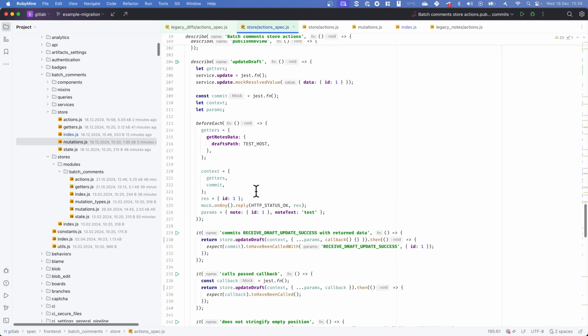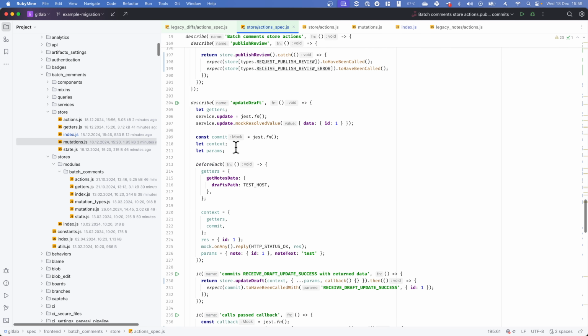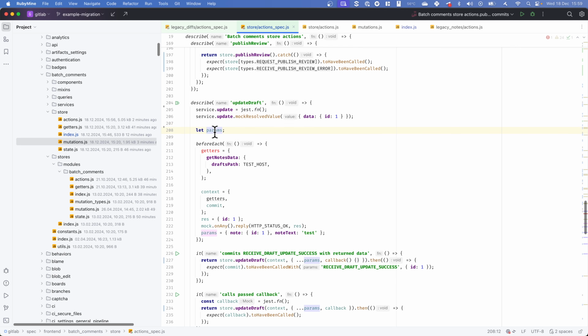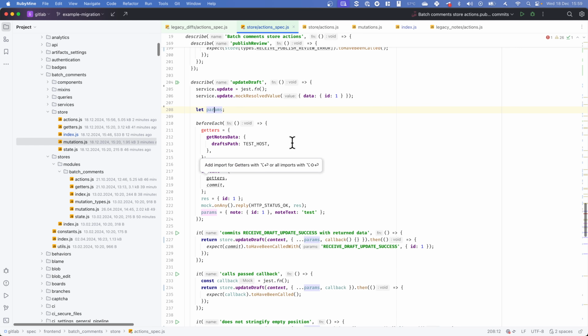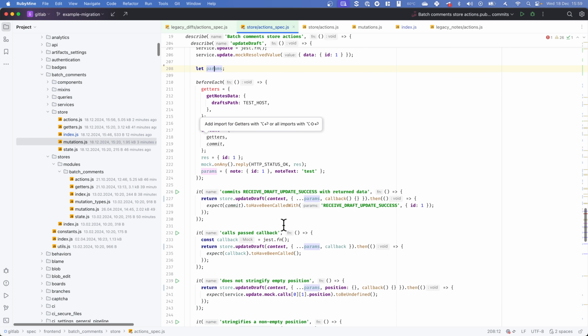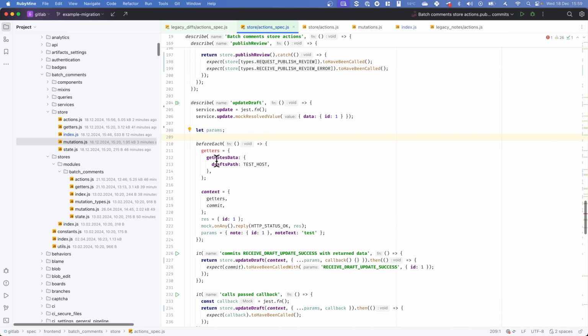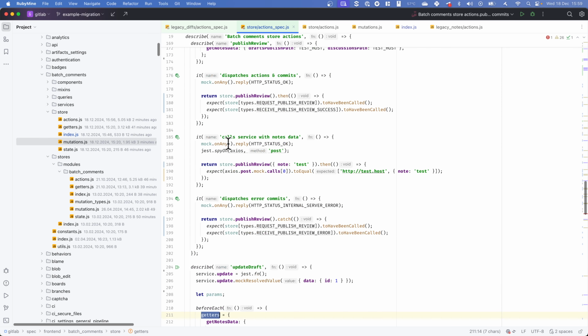Next up is another big setup for the tests. That means something might go out of hand. So it defines context and params. Params is actually used, so context is not needed anymore, as well as commit. But I'm not sure about params. Yeah, this is params for the action call, so let's keep it. Getters, we already know it's batch comments. We don't need our context. We have this response, and we are good to